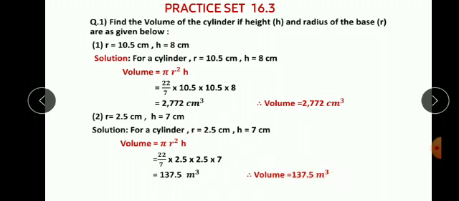Children, practice set 16.3. First question, first and second parts are over here. In the next part we will see first question, third and